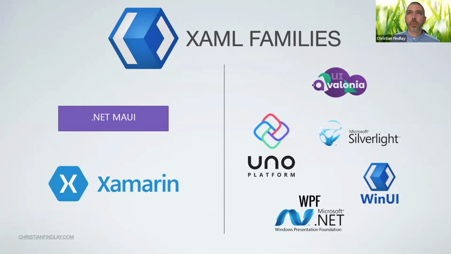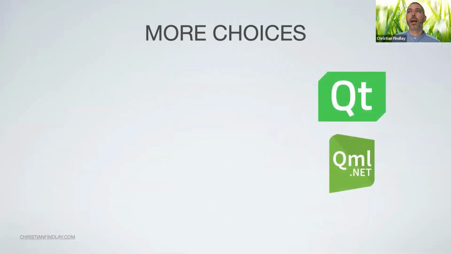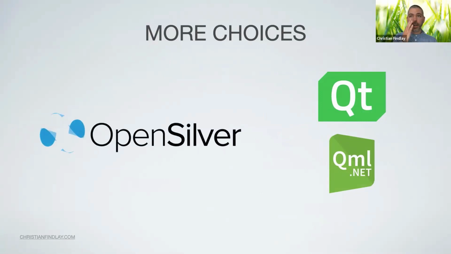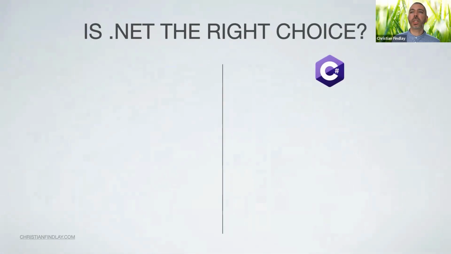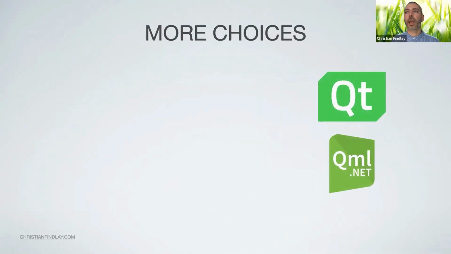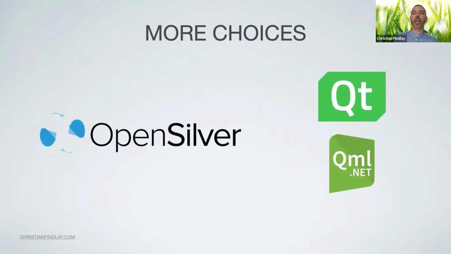So just finishing up right now, a couple of extra choices. If anybody's used Silverlight in the past, there is now OpenSilver, which brings the Silverlight engine into the web browser again. This is something I could probably talk to people about a little bit later. And there is another technology called Qt, which is a C++ engine. And QML.NET brings that to C#. So that is also another good platform, but I haven't delved into that very much.